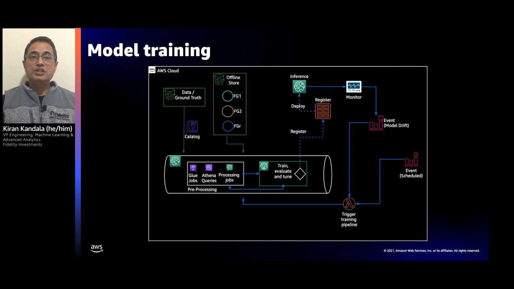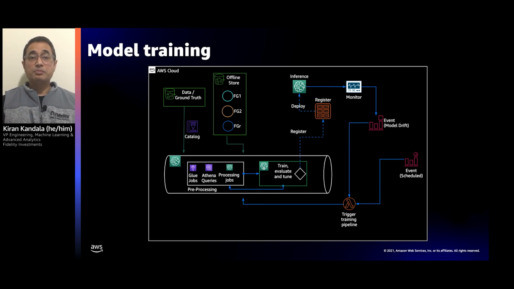We use pre-processing job to be able to create a labeled data by using those 3 data units. We are using different tools like Glue, Athena, and SageMaker processing jobs to be able to run our pre-processing step. We use SageMaker to do the train, evaluate, and tune cycles. When the new version of the trained model meets the accuracy threshold, it will be staged for deployment for production. SageMaker offers various deployment options.